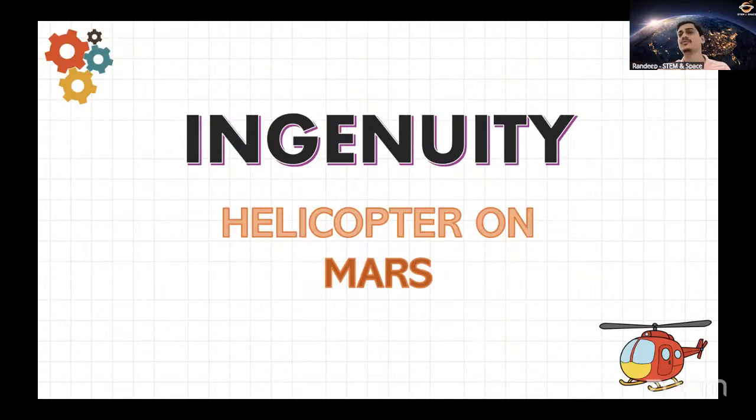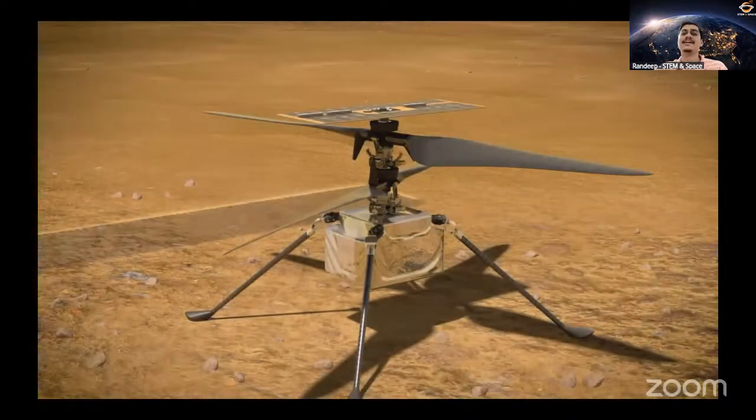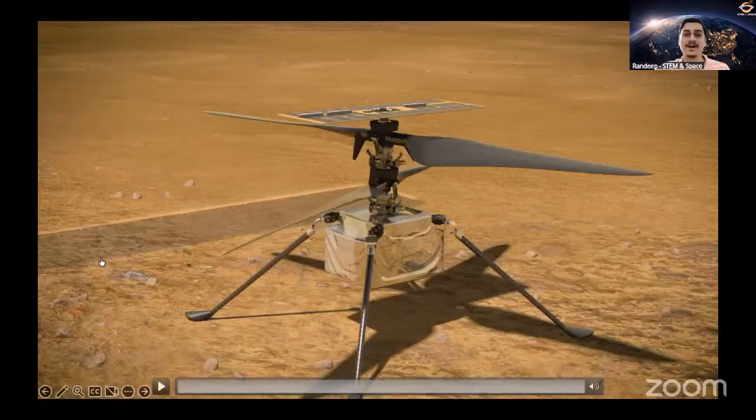So I'm sure that all of you must have seen helicopters on Earth. All of you know that almost all the different kinds of terrains have been covered by helicopters on our Earth. But interestingly, there is also a helicopter that has been sent on Mars, and that helicopter is called Ingenuity, which a couple of you had actually responded in the chat in the beginning. I had seen that. So let me give you a quick glimpse into the Ingenuity helicopter that has been sent on Mars.